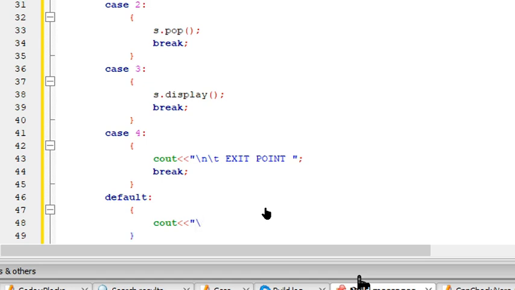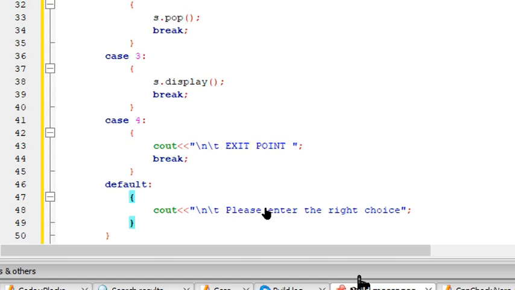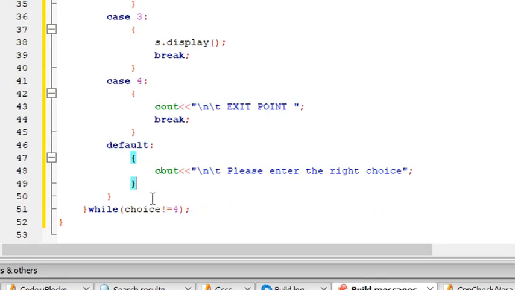Let me give something like this. Please enter the right choice. Okay, I guess we are done here, and finally we have to say return 0.